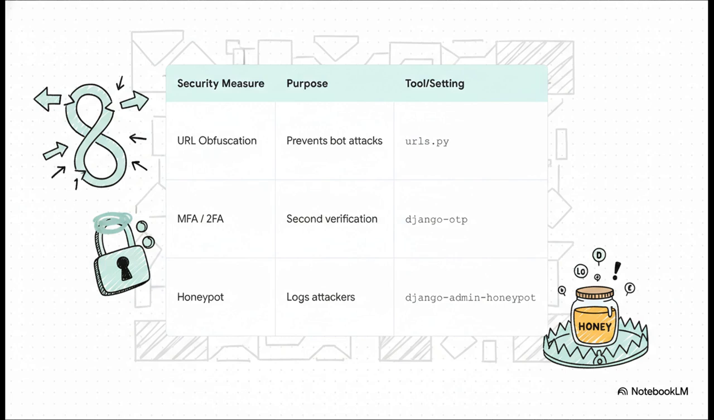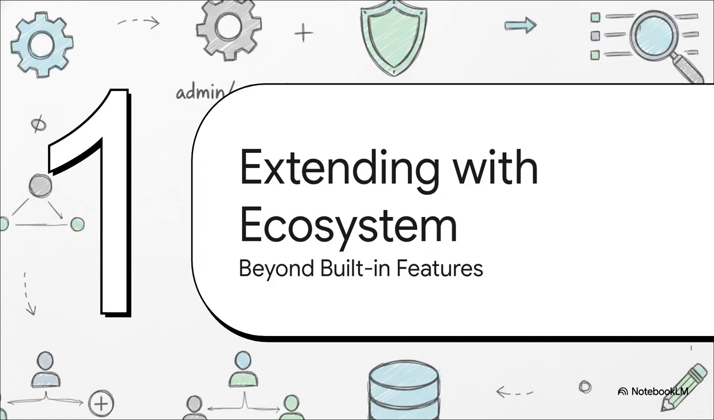Changing the URL? That's just a quick edit in your urls.py. For MFA, a package like Django OTP is the way to go. And if you want to get really clever, you can set up a honeypot at the old /admin/ URL to log and identify any bots trying to break in. The core Django admin is just incredible, but its real genius might be how extensible it is. So for our last section, let's explore how the massive ecosystem of third-party packages can take your admin to a